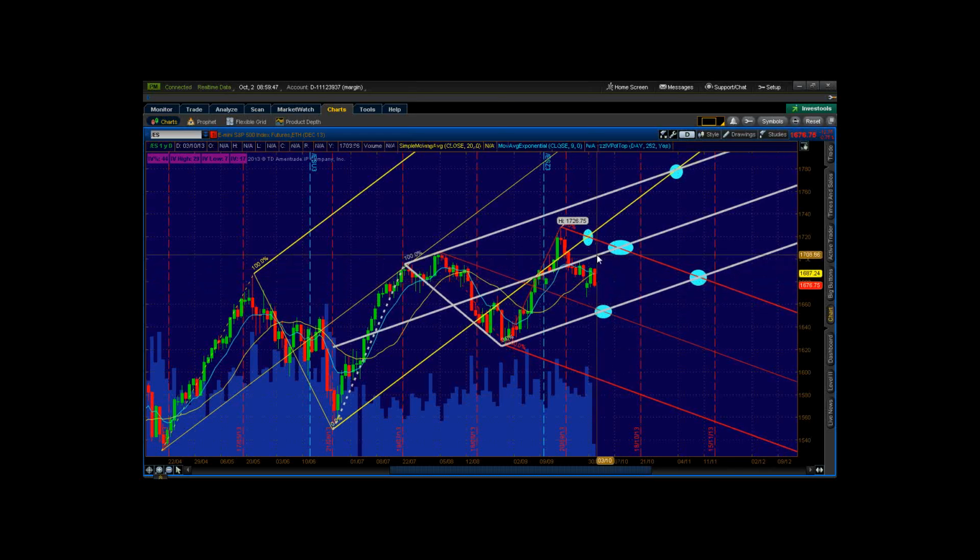Of course, we could pop back up and test the upper center line, and if we do that, the energy point that I've got my eye on above us is at 1710 and a quarter. I'm hoping that doesn't happen. I've got my swing short. I've been working aggressively on my swing short. My Theo average is now up to 1745 after that short last night.